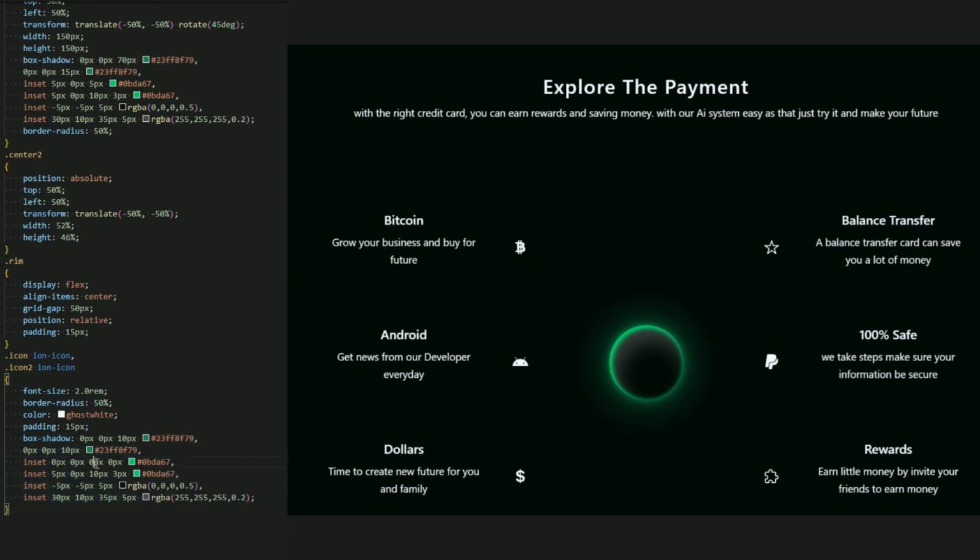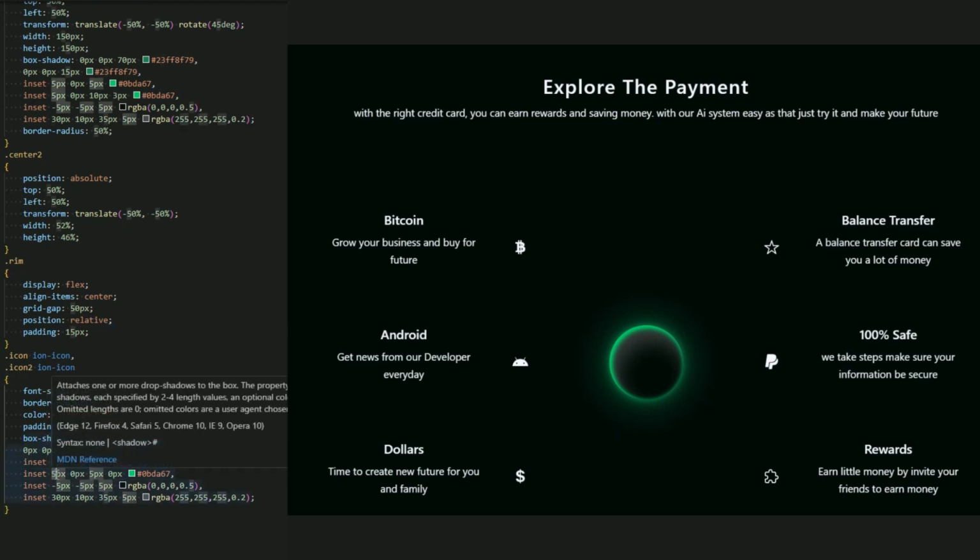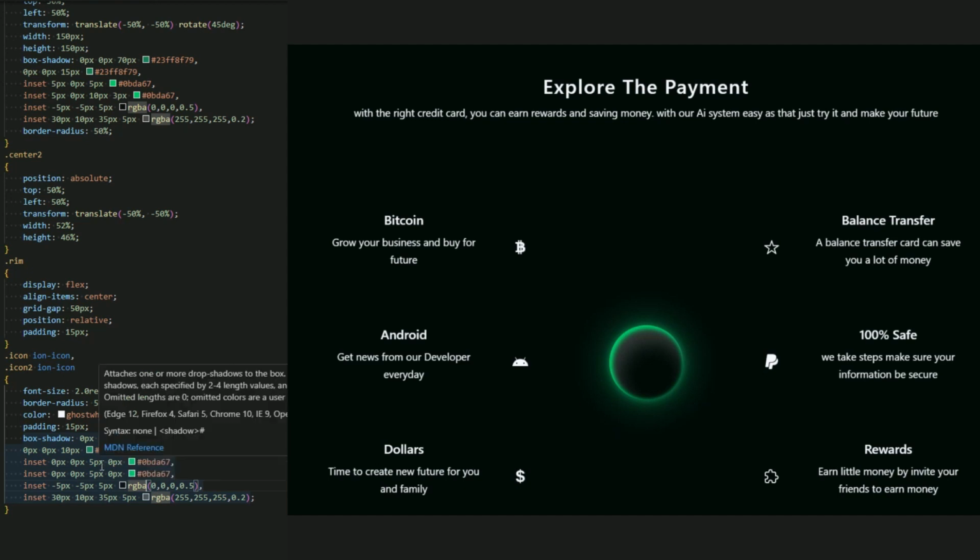Oh, you know what? Let me just add 5 pixel. Let me remove this. You know, 5 pixel, 0 pixel, 0 pixel, I think it was 0 pixel. Let me add this a 0 pixel. I'm sorry guys.